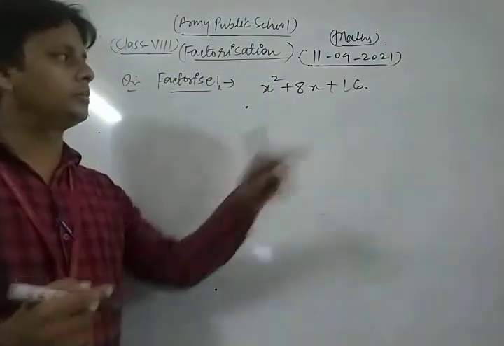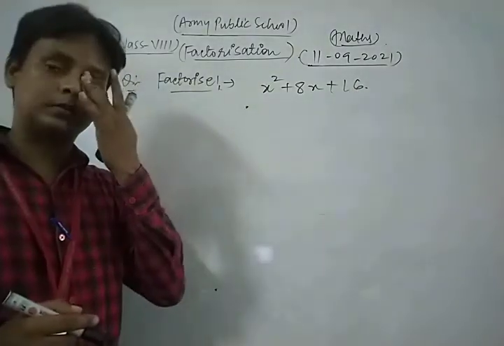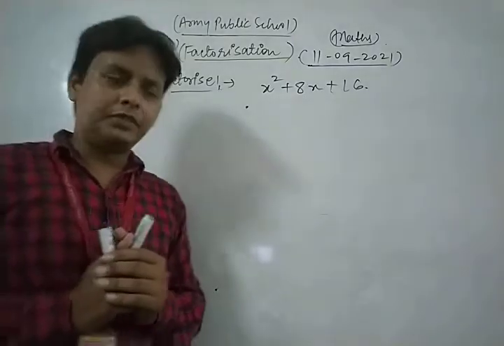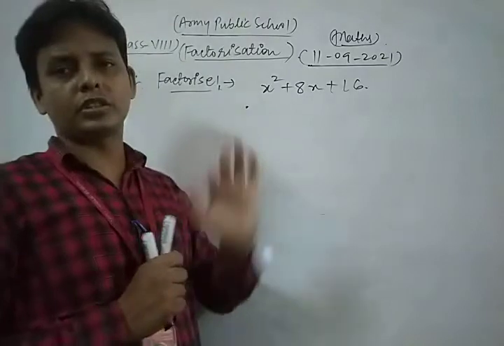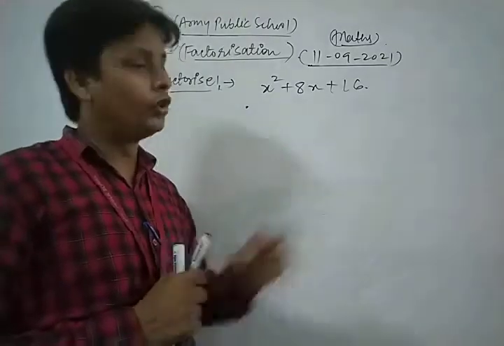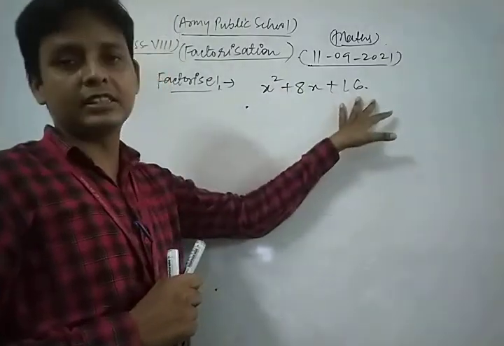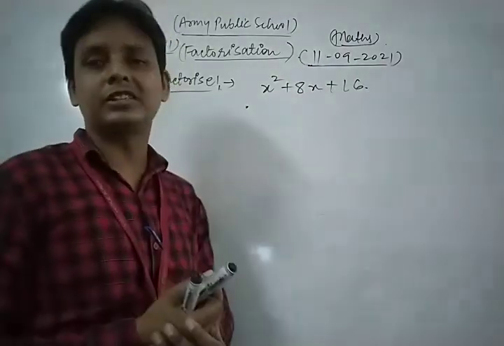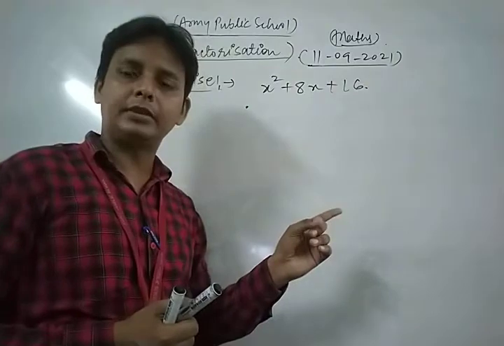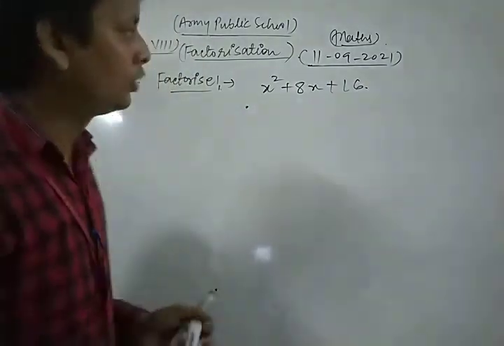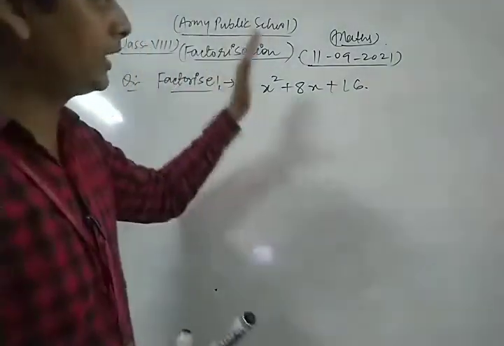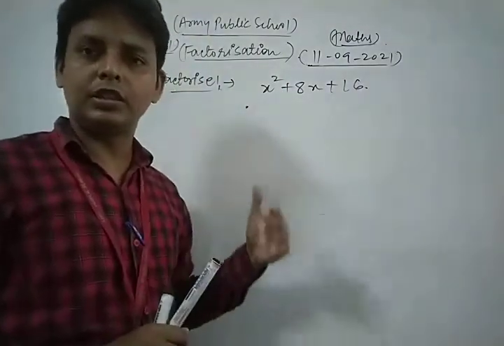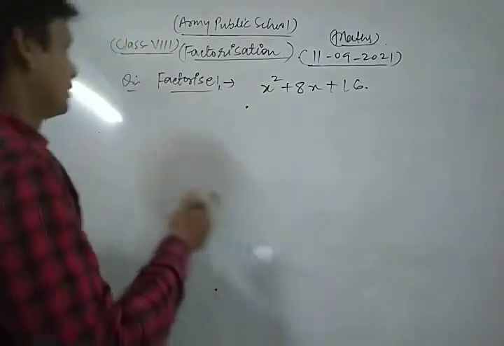This is a very important question. Now look, first we observe whether any variable or constant is common in all three terms. There are no common factors in all these three terms, and we don't do grouping because this algebraic expression contains three terms only. So now we solve this question by using the algebraic identities which we discussed right now. Look, its solution.